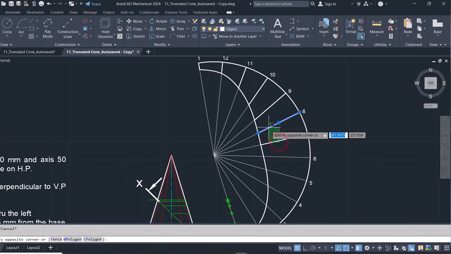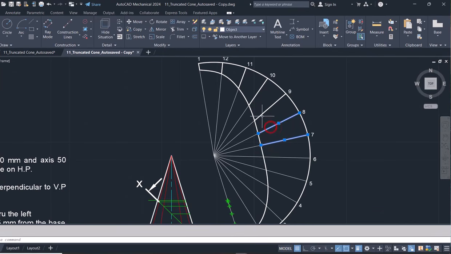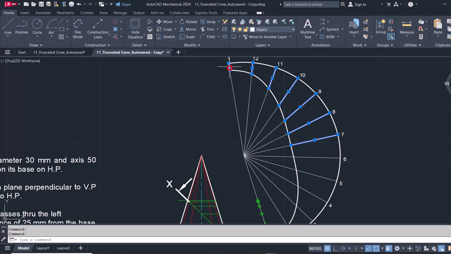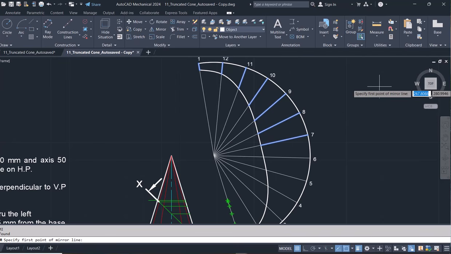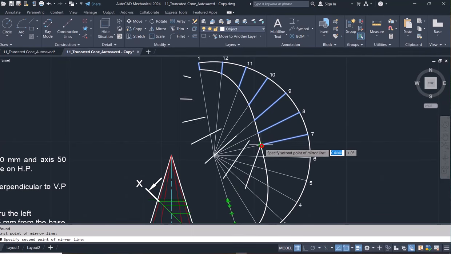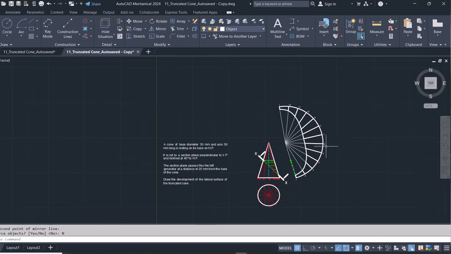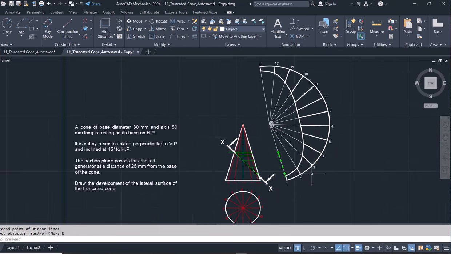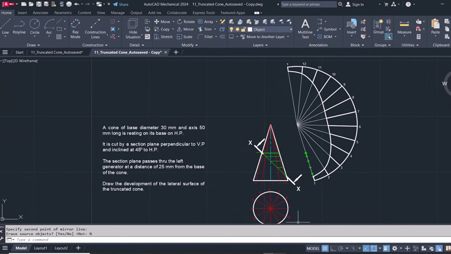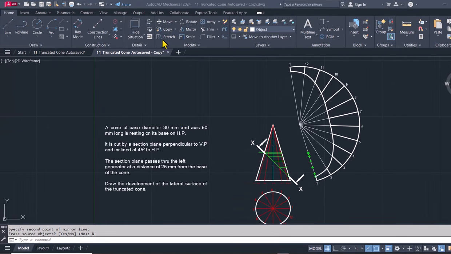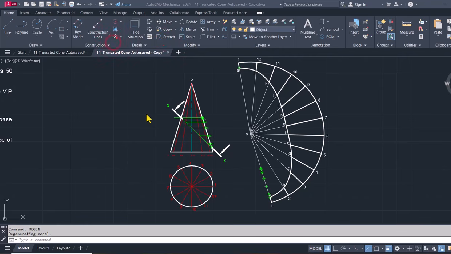Now I'll select those lines and mirror them to get the lines on the other side. Okay,